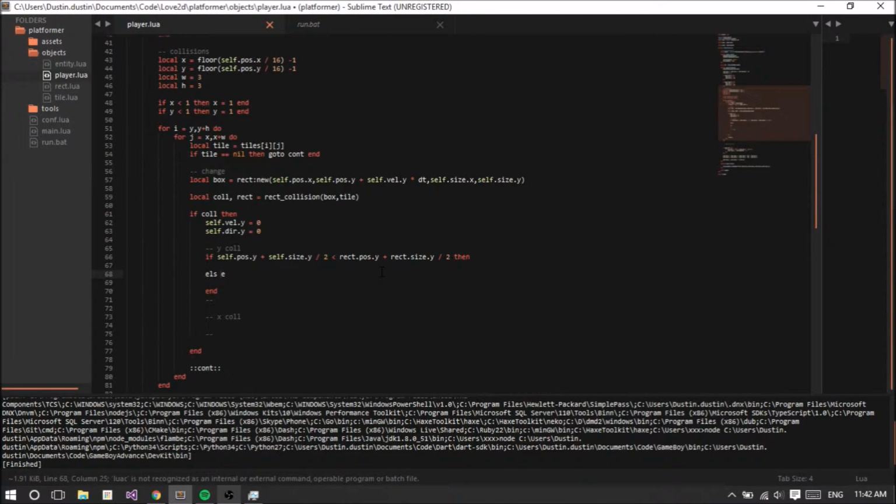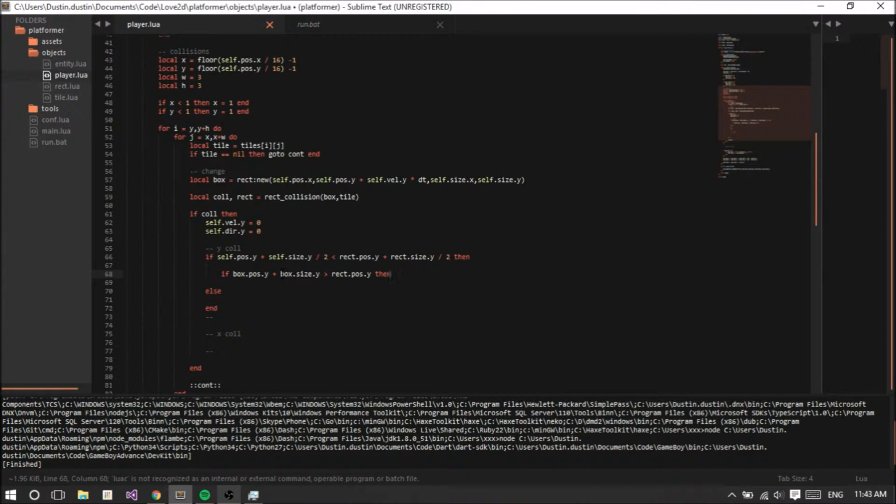Okay. This is useful for picking whether we're colliding with the top of the block or the bottom of the block, so we can have separate physics for each. So let's check if our bounding box is inside the other box, or inside the tile. So box.pose.y. Now remember, this bounding box has velocity applied to it. So this isn't the position of our player, it's the position of our player if we actually apply the velocity. Let's keep going: plus size.y is greater than